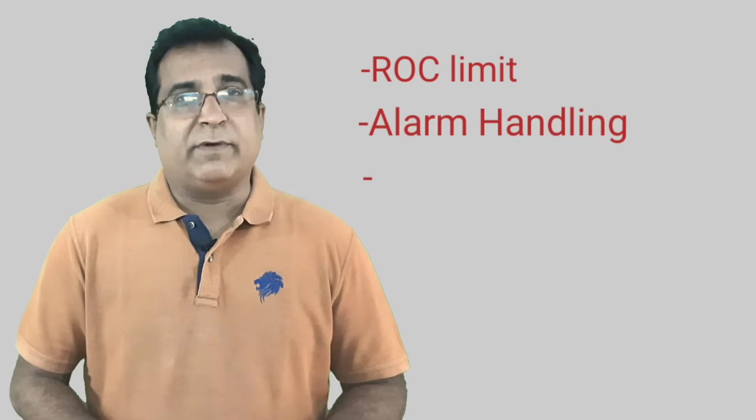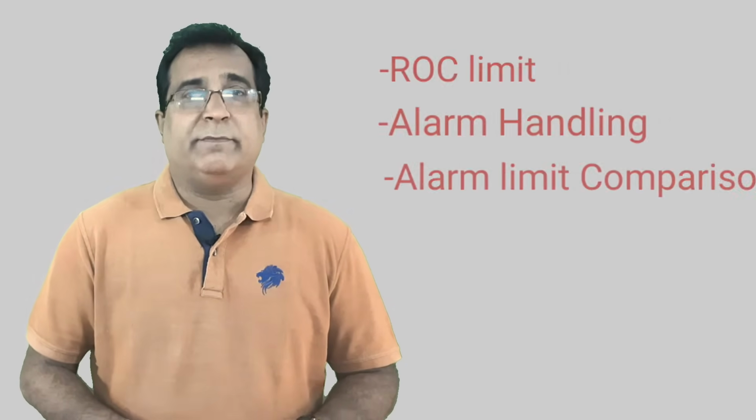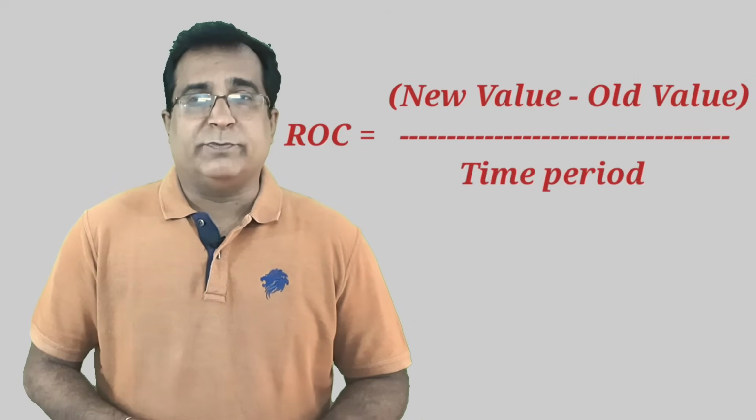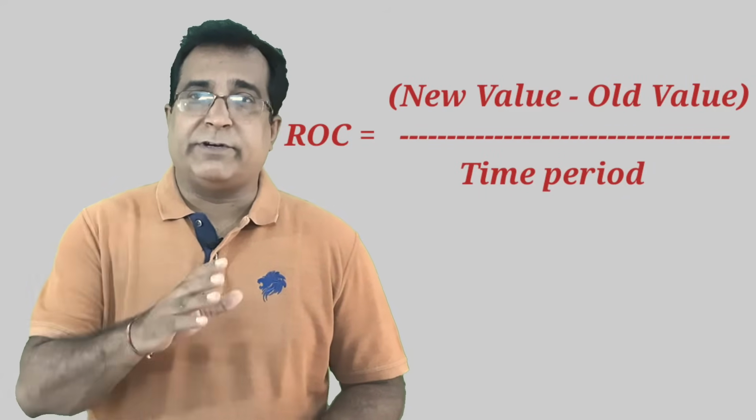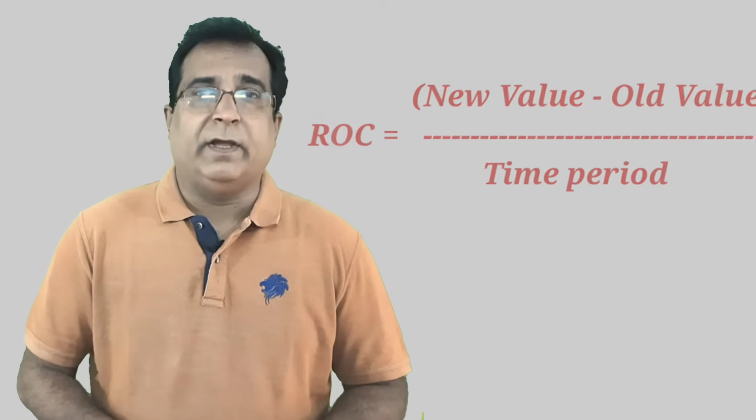After the damping process and forcing operation, the signal goes through three processes simultaneously: ROC limit calculation, alarm limit calculation and alarm comparison. Let's take the first, ROC limit calculation. The rate of change of the analog signal is calculated in the ROC process. That means how much an analog signal changes, positive or negative, in a given period of time. And if this rate is more than your preset limit, then a soft bit is generated at the output of the analog block, which you can interlock in logic to bypass a certain condition or take any specific action.